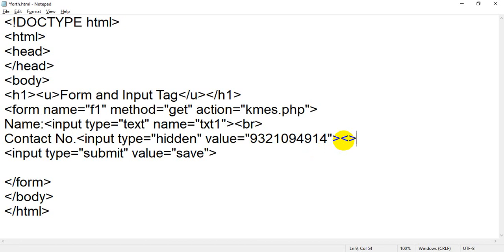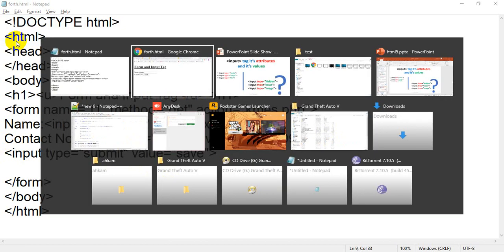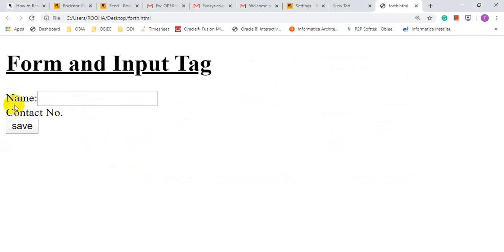Again I'm going to add a br tag. Students, please be careful and stay attentive here. I have taken input type equal to hidden, but on the browser it will not create a text box. But I have added one more attribute, that is value, and I have added my contact number as the value. After that I have taken one submit button, input type equal to submit, value equal to send. So when I save this file, flip back to my browser and refresh this file, see, first is the input type, it's okay, I have written a calm.